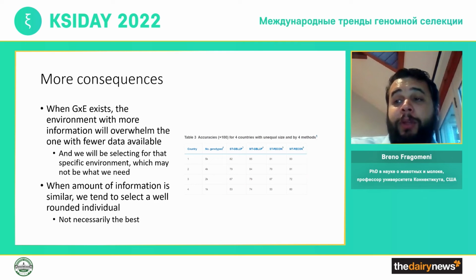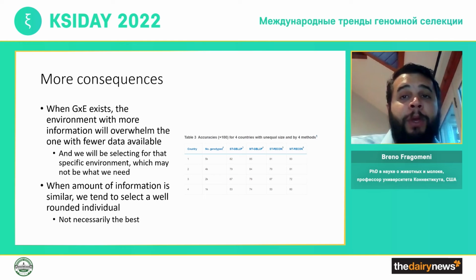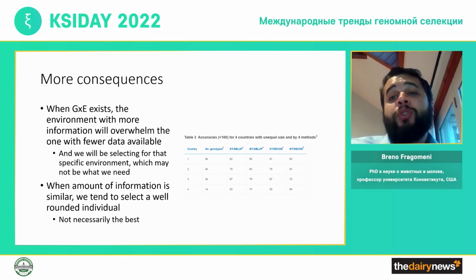In this table here, there was a simulation that we did to simulate a multiple across country evaluation, a MACE evaluation using genomic information. And we simulated 4 countries with correlation equal to 0.8. And we used different methods to try to predict. And we see that the country with the higher number of genotypes, country 1, is not really affected by the method. However, the country with fewer genotyped animals is the one that has the most potential to learn from the other countries, but it's also the country that will be really impacted if we ignore that